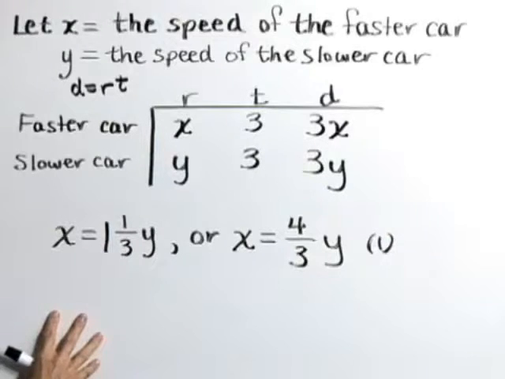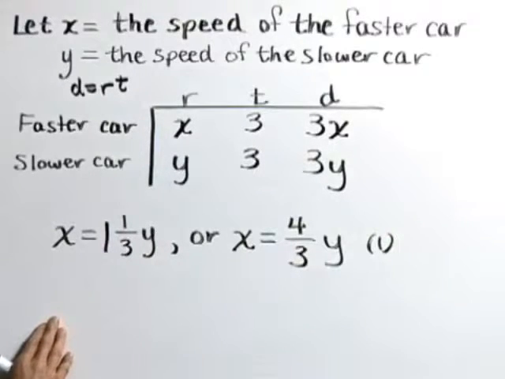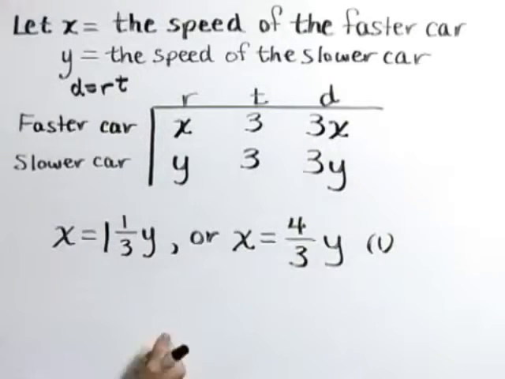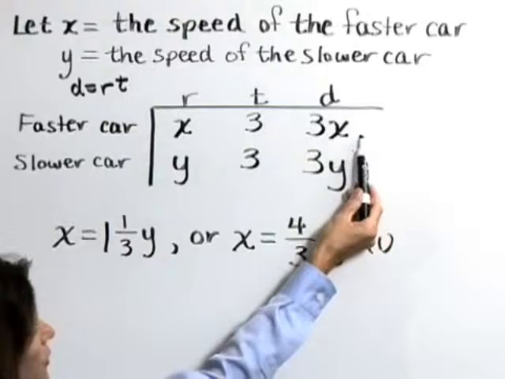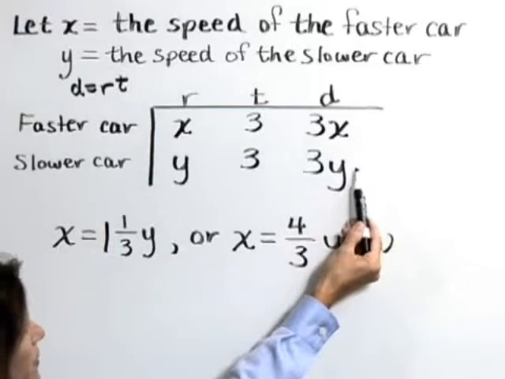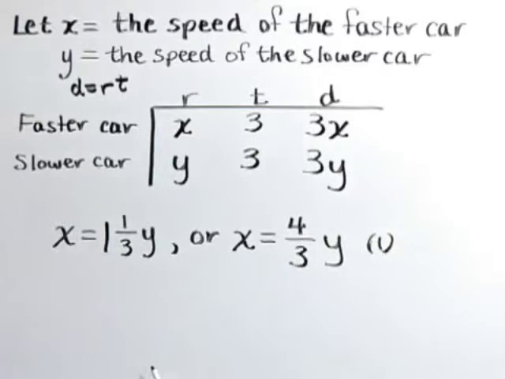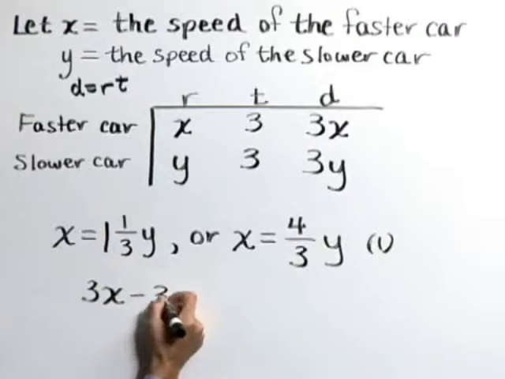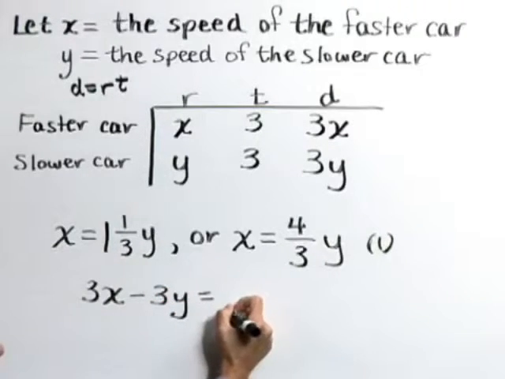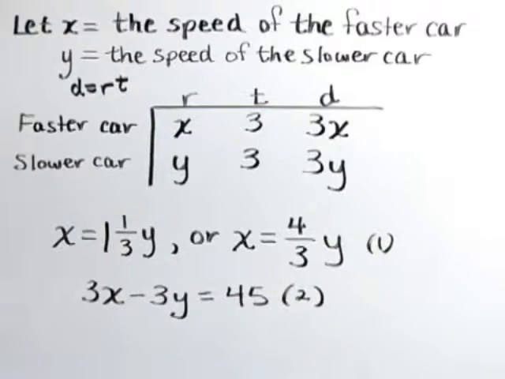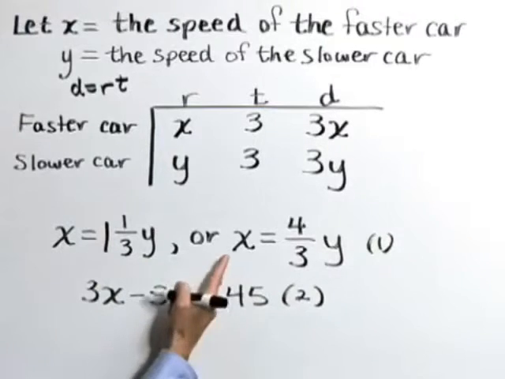We're also told that after 3 hours, these two cars are 45 miles apart. Now, according to our table, 3x represents the distance that the faster car has traveled. 3y represents the distance that the slower car has traveled. Therefore, this difference, 3x - 3y, is equal to that difference of 45 miles. So we have our two equations, and I'm going to solve this system in step 4 by using a substitution